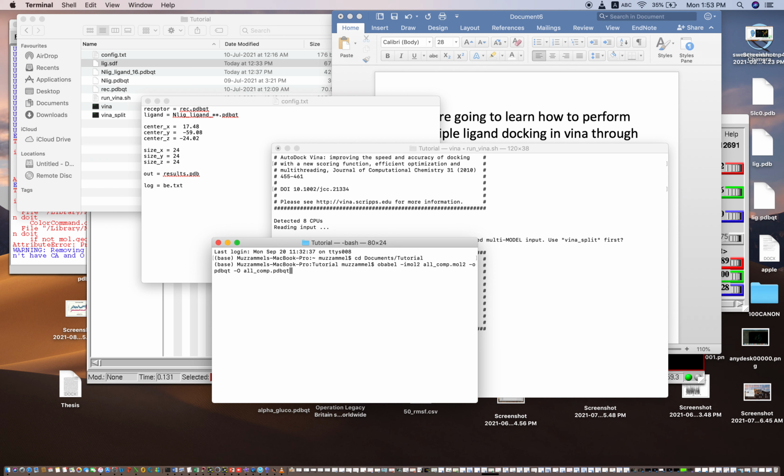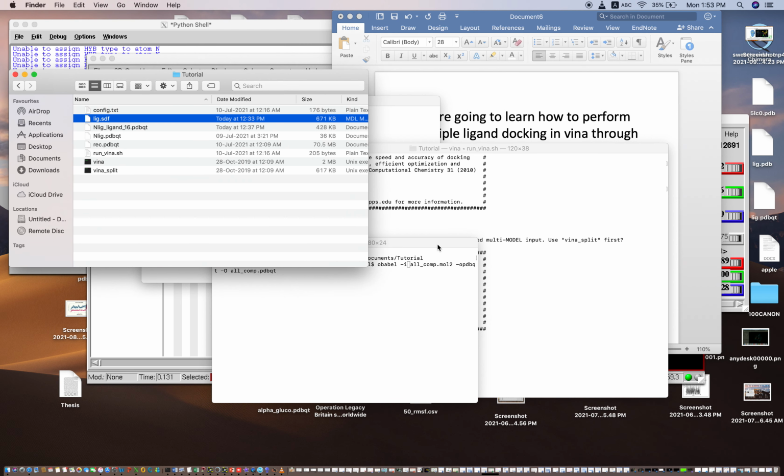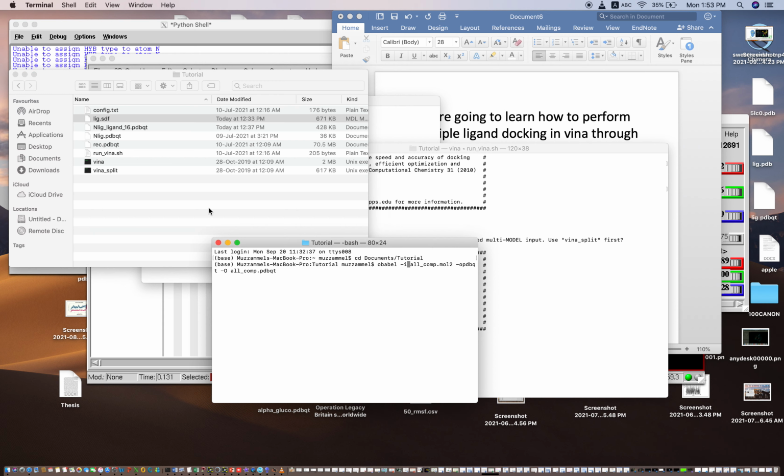After this you will have to put -i. -i means the input file, the format of the input file. In our case the format is SDF. This is our folder in which the ligand file is present, and that is in SDF format.